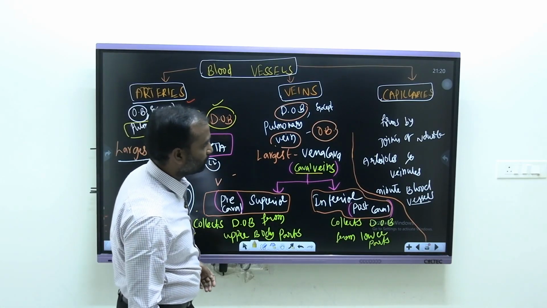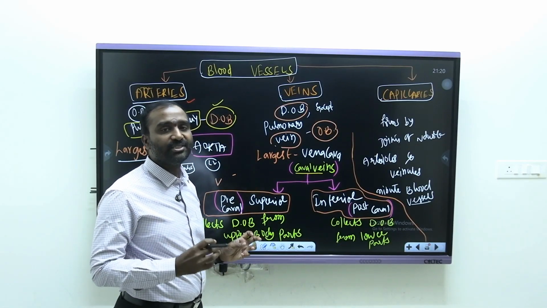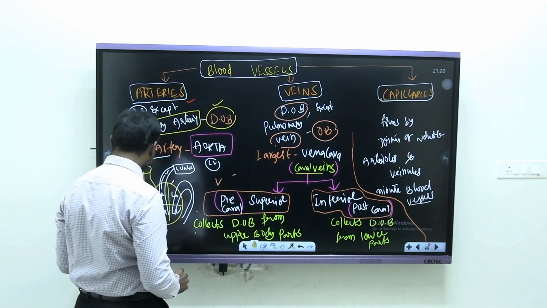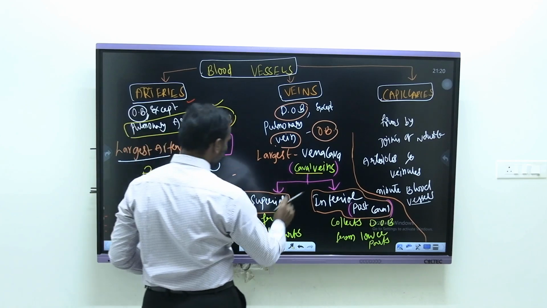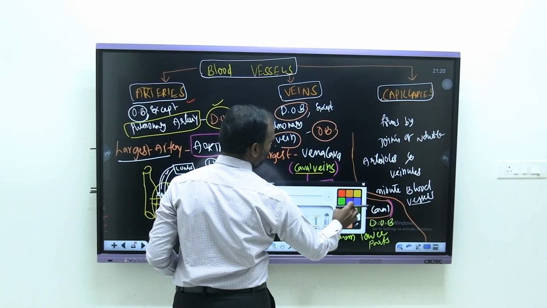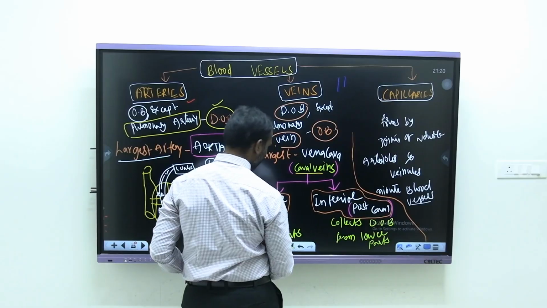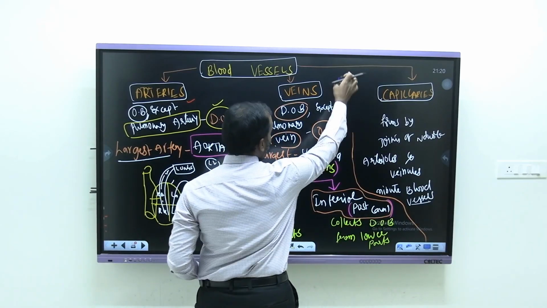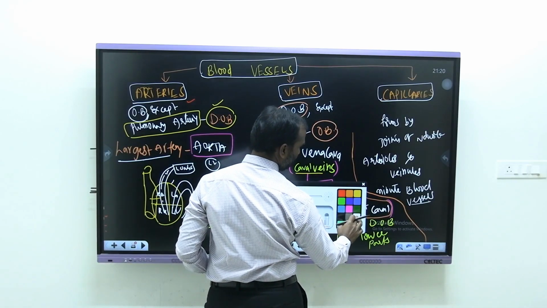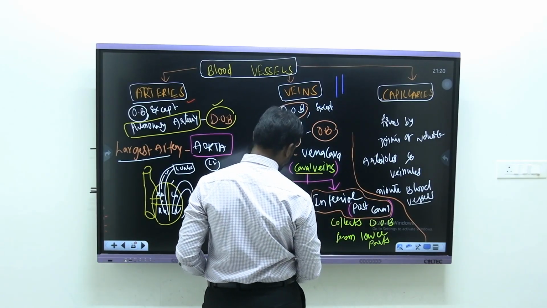Okay? Next, capillaries. Then how does a capillary form? Capillary is the joining network of arterioles and venules. Here, suppose aorta, then in the same manner